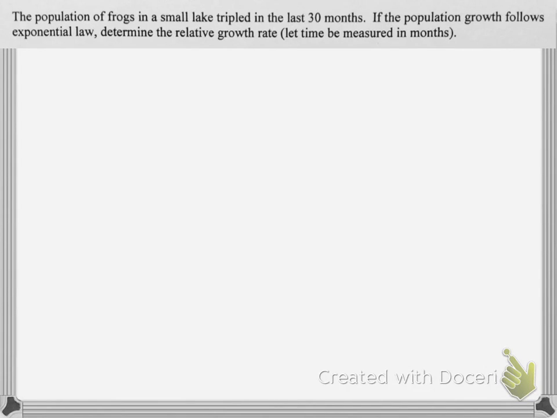The population of frogs in a small lake tripled in the last 30 months. If the population growth follows exponential law, determine the relative growth rate, and we can let time be measured in months. All right, so we're looking for the relative growth rate, which means we're trying to find the R value. And since we're given that the population's following exponential law, then we know that